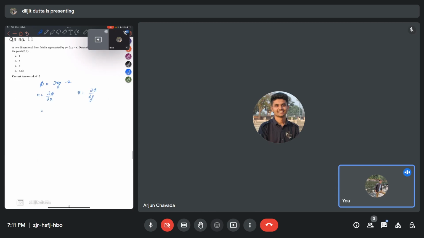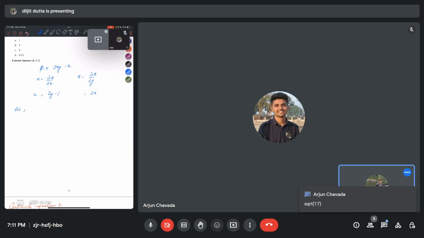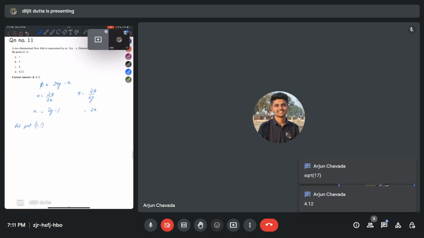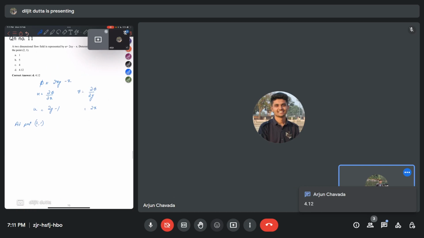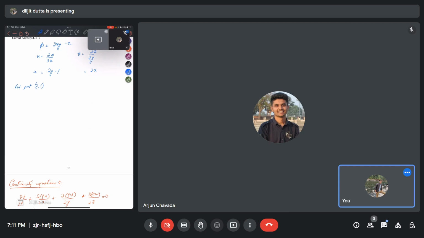So just differentiate partially. If you partially differentiate, we will get u equals 2y minus 1, v equals 2x. So now at point 2, 1, what will you get? Okay, we can just put the values: u equals 1, v equals 4. So capital V equals under root